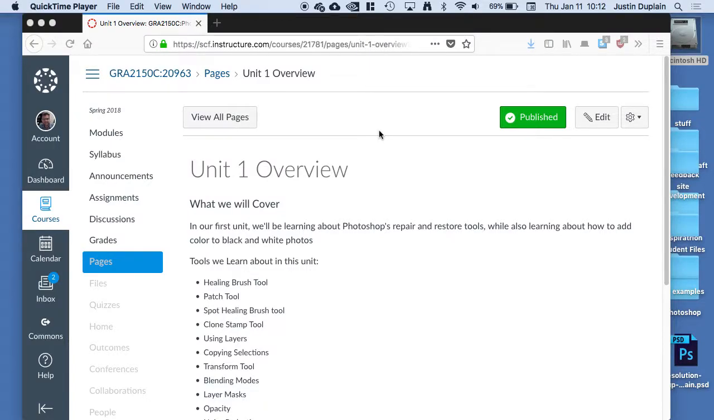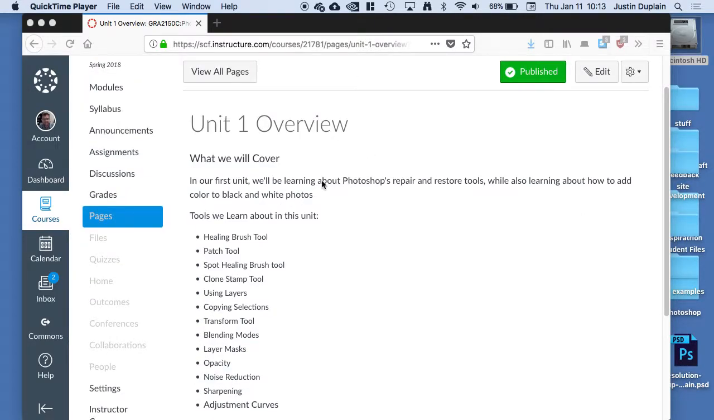Okay, so in Unit 1, this is our first unit we're starting today. What we will cover is learning about Photoshop's repair and restore tools, okay? So this is typical when you think of somebody photoshopping a document, it's this kind of thing. Repairing a damaged image, fixing imperfections in the image, stuff like that, okay? So this is basic Photoshop stuff that any photographer or graphic design or any kind of imaging professional will want